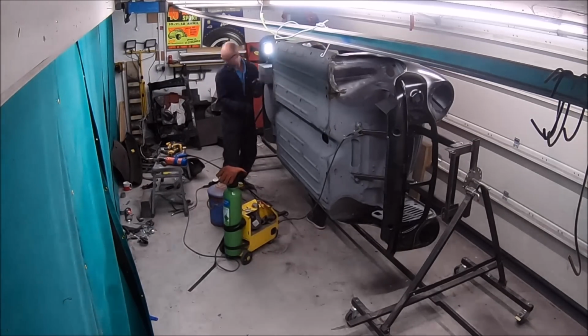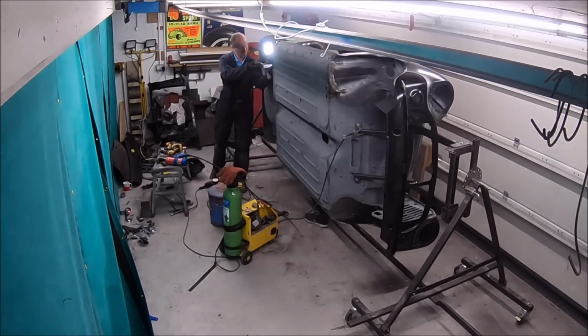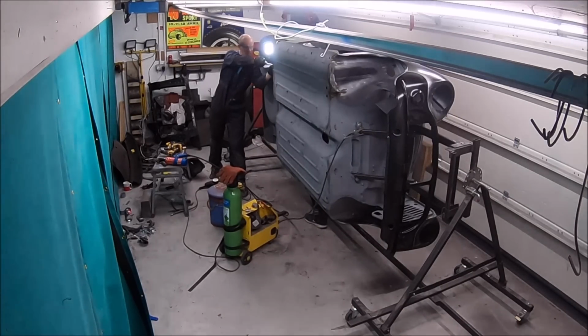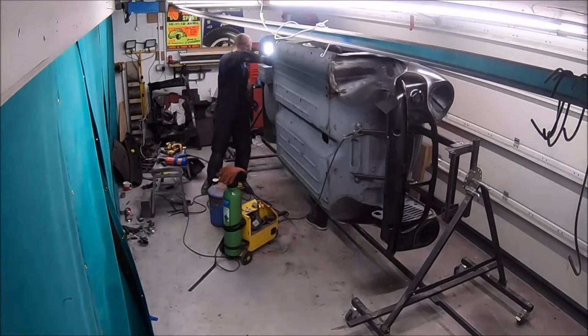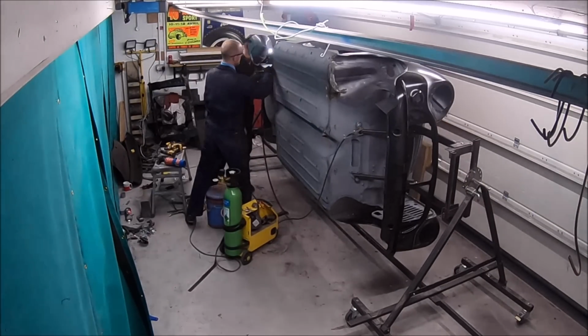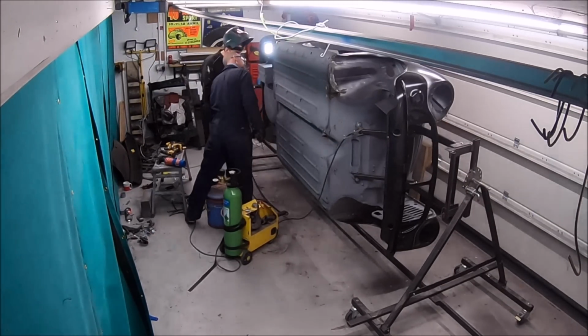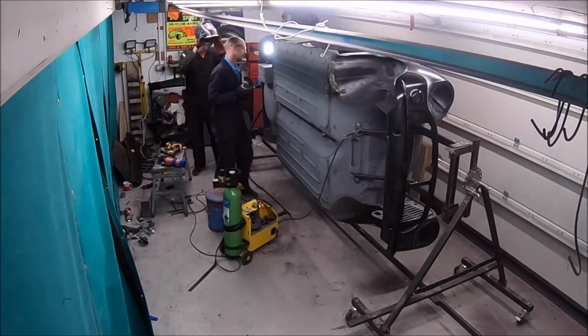So I'm starting to get really excited now about what this car's going to look like. At the moment, it's kind of all in Mark's head. He's got all the ideas, he gives me snippets and little suggestions and things he's got in mind that he's going to do, but it will be interesting to see. I honestly don't know at the moment, so